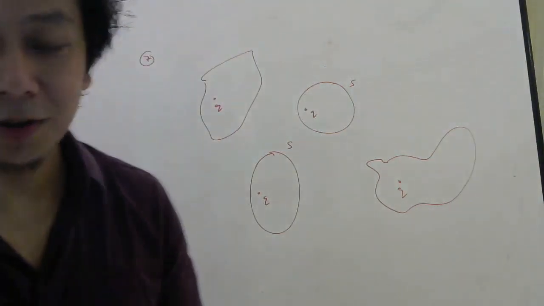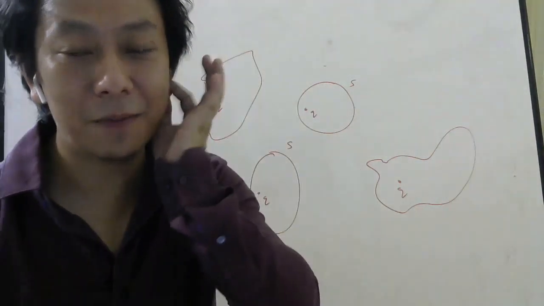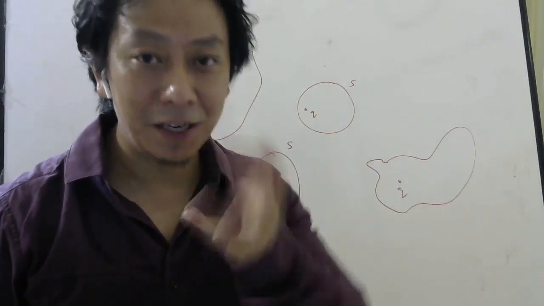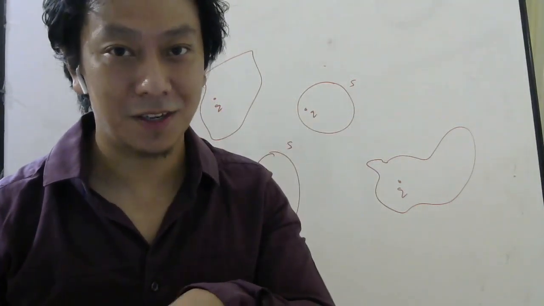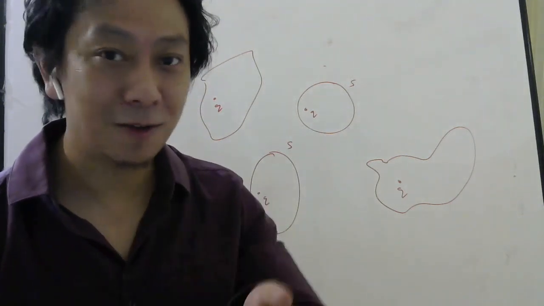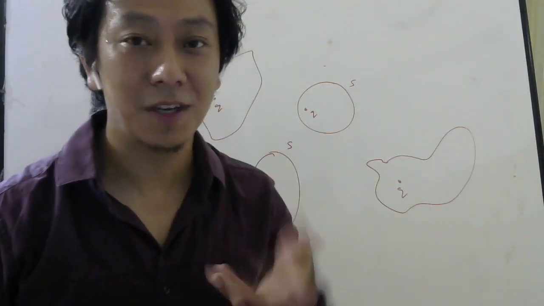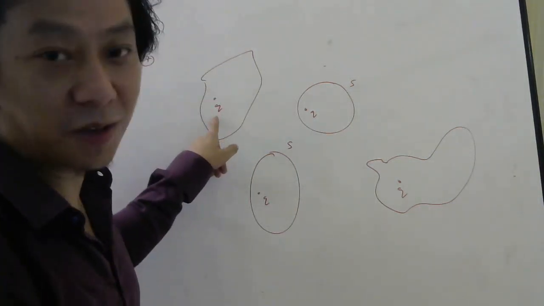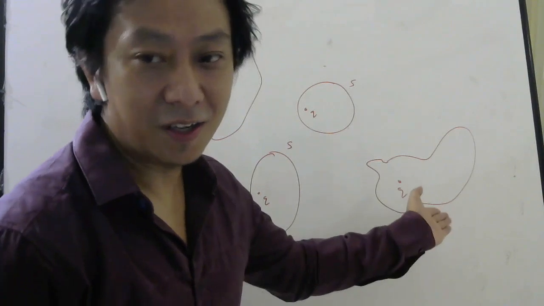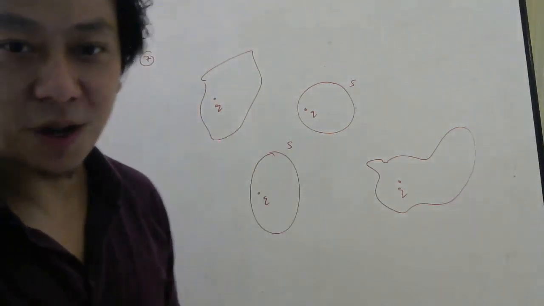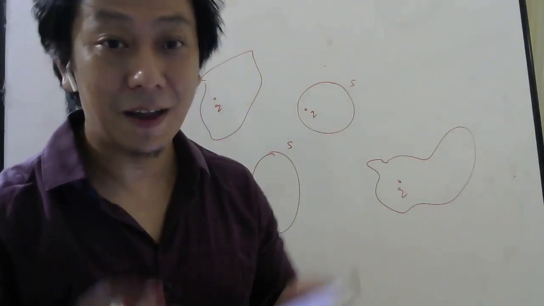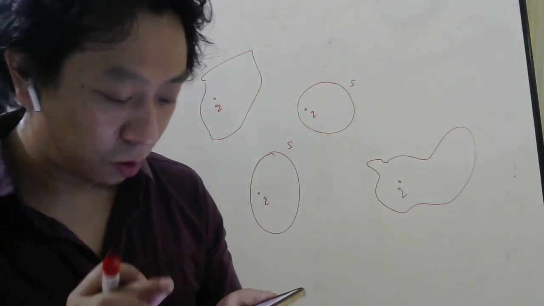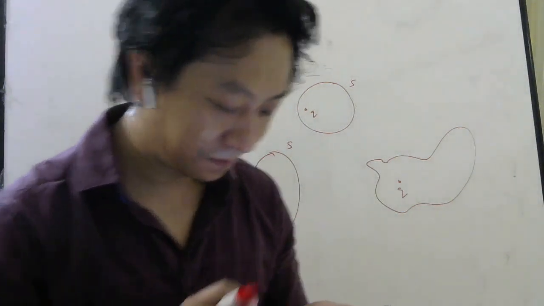Now already you know it does not depend on the shape of the surface. As long as the surface is closed, we can use Gauss law: net flux through a closed surface is equal to charge inside by epsilon naught. So flux through this one will be q by epsilon naught. Here also q by epsilon naught. Here also q by epsilon naught. Here also q by epsilon naught. The shape doesn't matter as long as it is closed. So the answer is the same for all the figures, option D.